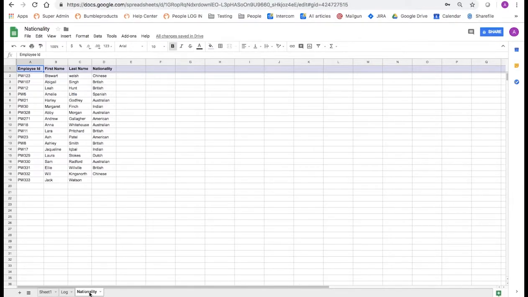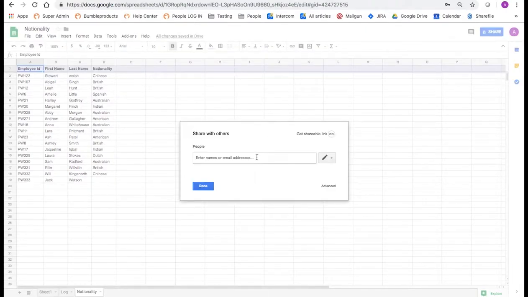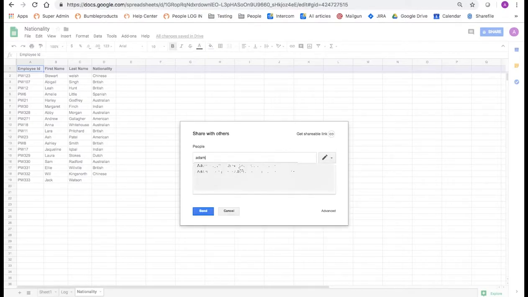As mentioned at the start of the video, you can easily share this with other users and amend their access. To do this, click the Share button in the top corner. Here you can type in a user's name or email address that you can share this document to. You have the option to specify their access to allow them to edit, add comments, or just view, but if